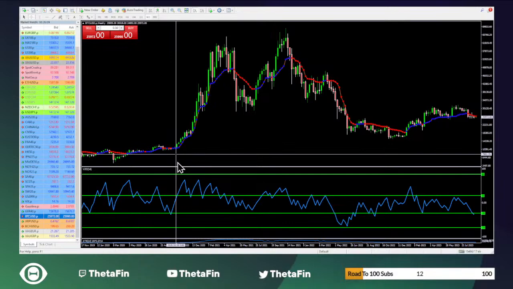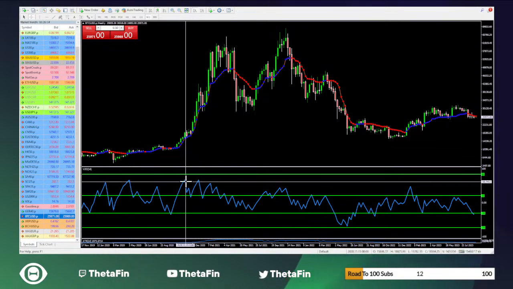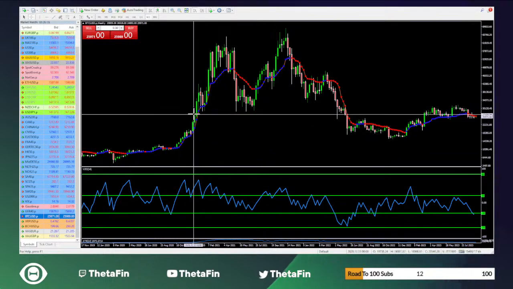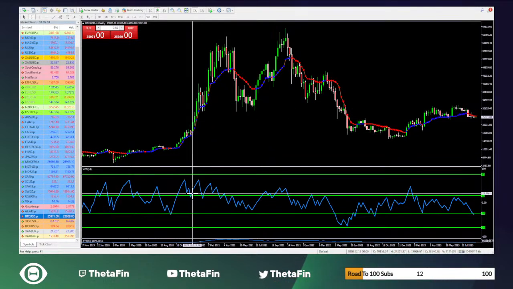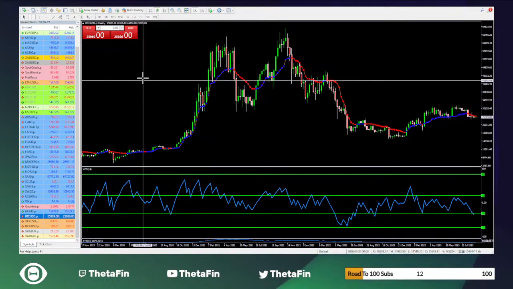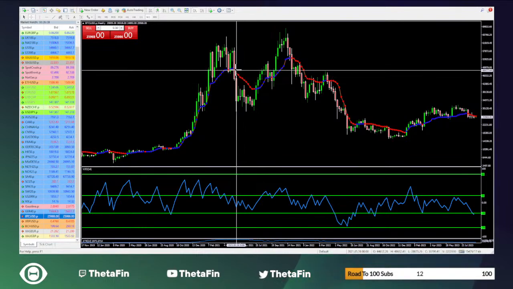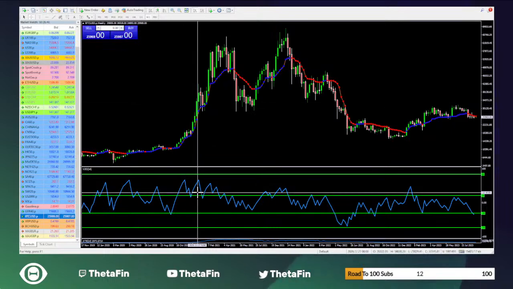So again, this move here, please look at where volume is and look at what's happening on the markets based off of where volume is. I want to encourage you to go back to yesterday's stream and learn the first steps before we even touch volume, because volume is probably the third or fourth thing that you want to look at. There are steps across the system that you want to follow before you even get to volume. So again,